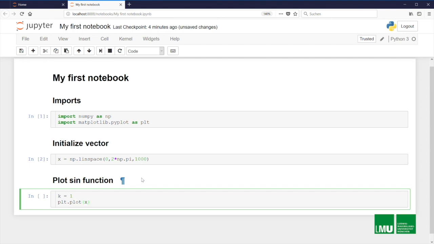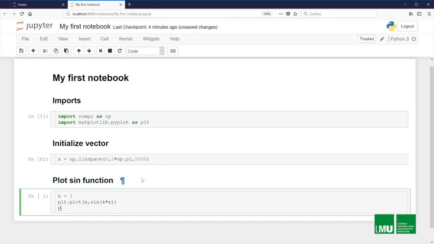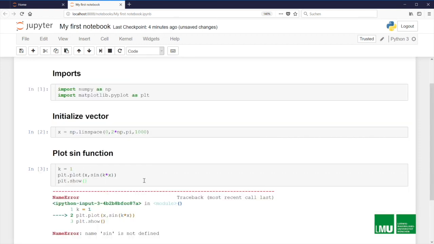The x-axis will be x and the y-axis will be our sine function, so sine of k times x. This is an element by element multiplication, well, k is a scalar here. And also we need plt.show, open bracket, close bracket,